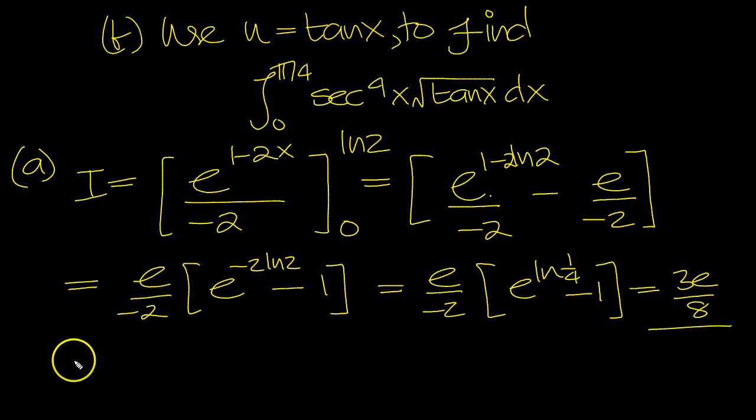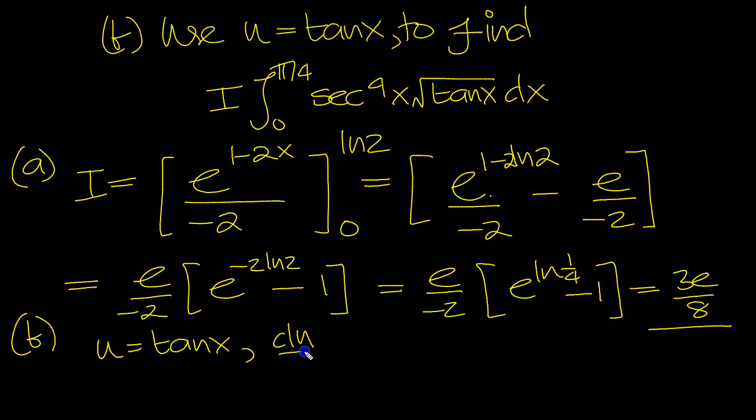Okay, so part B now. Let's let that equal I. So u equals tan x, we're going to use substitution. du dx, tan differentiates to sec squared. Tan goes to sec squared, so we can use that in the substitution, can't we? So here